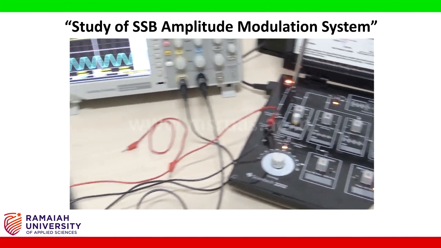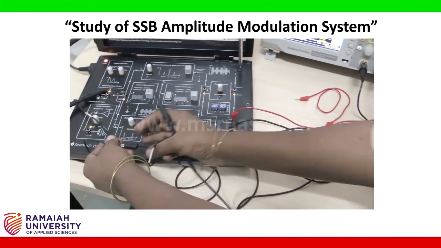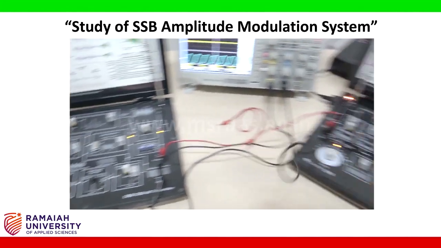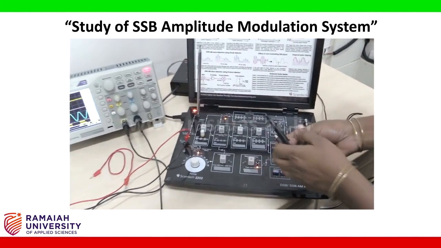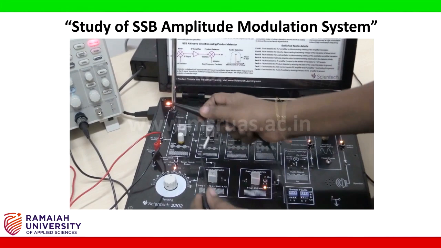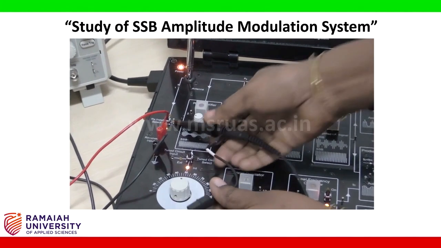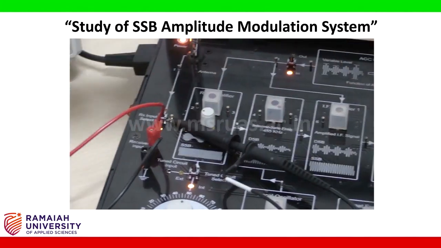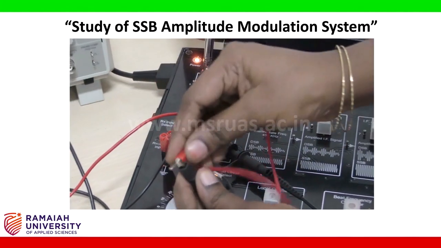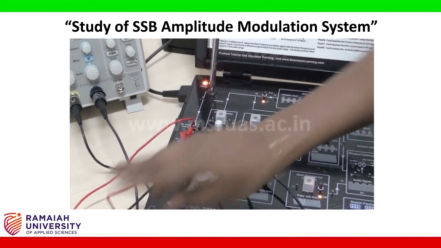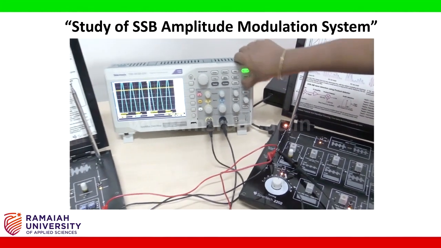Now take the CRO probe from the transmitter kit, which we were using to observe the output waveform. Now keep this in the receiver. First, we verify whether the output is coming or not. So first put the CRO probe here, take another connecting wire if necessary to connect the ground of the CRO probe. Now we will release the run/stop which we pressed earlier and press auto set.